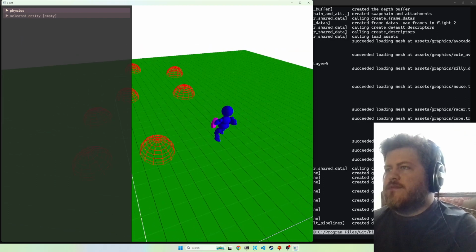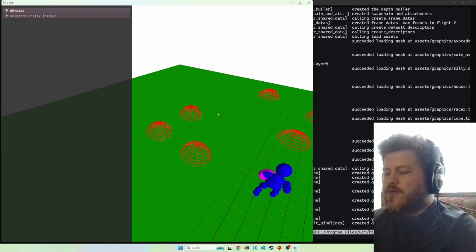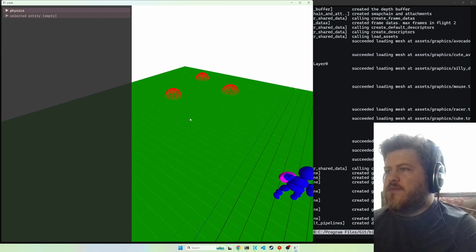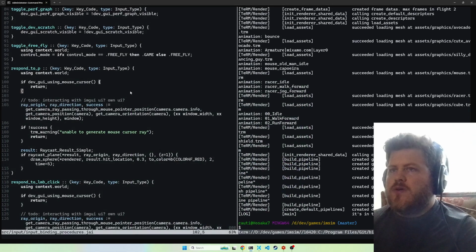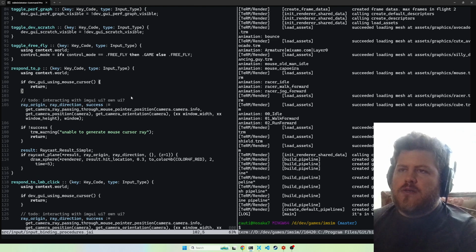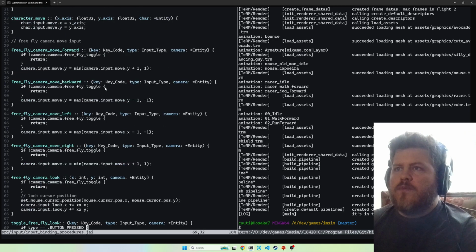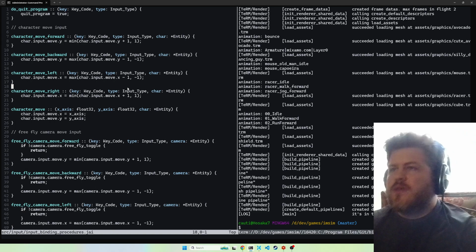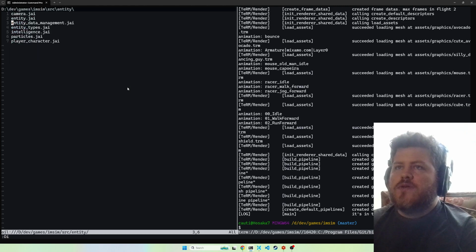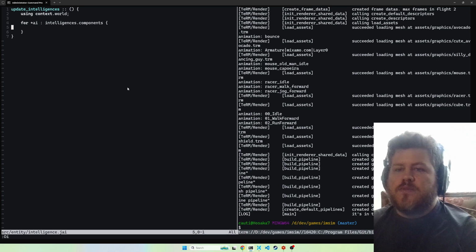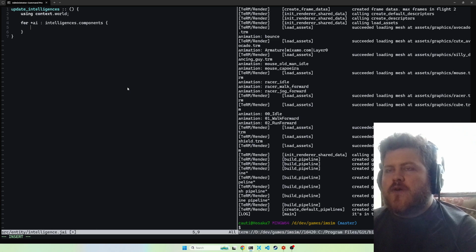So yeah, I can point to the origin plane, and I want to say have this guy move in this direction, right? Pretty basic idea. Pretty basic. Let's do that with physics. Okay. So I have an intelligence update already and blank. And if I say,